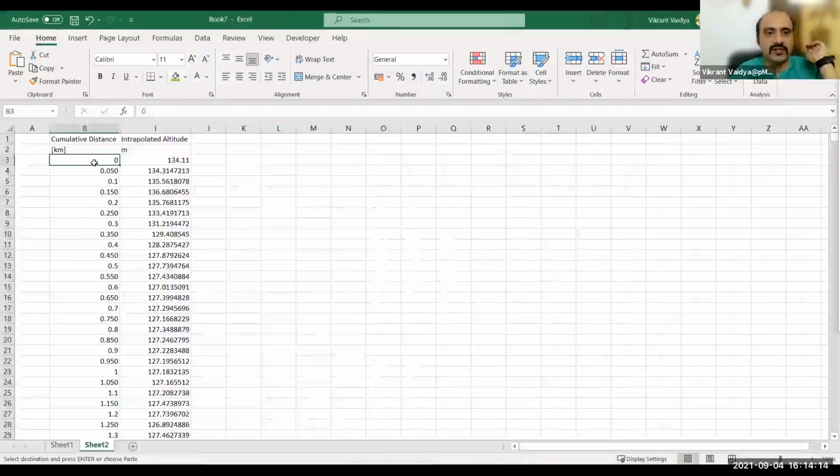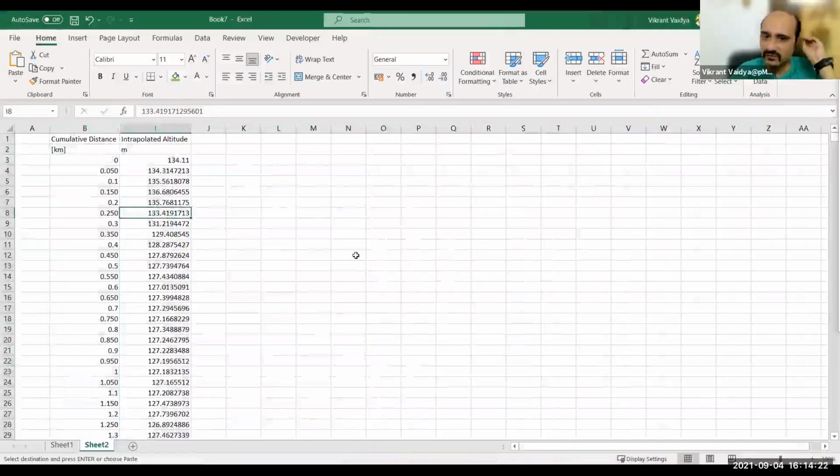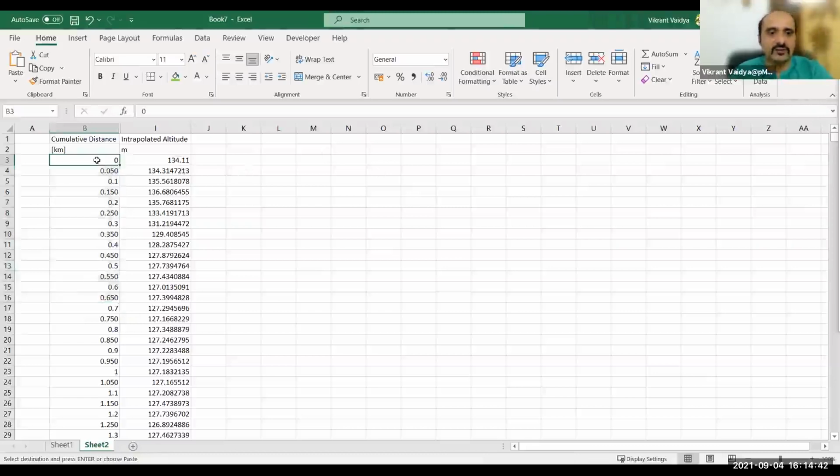Okay, so let us do one plotting exercise. I want to plot distance versus altitude. This is basically coming from GPS. Your GPS is capable of storing latitude, longitude, and often altitude as well. Even your phone actually reads these from the satellite. Each of our smartphones nowadays has GPS. So let us see on this particular route how the distance versus altitude profile looks like.